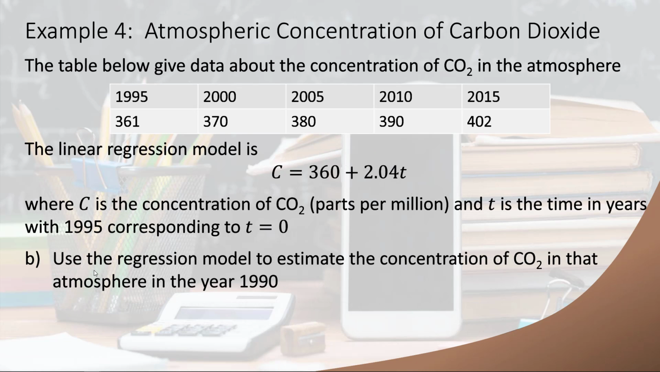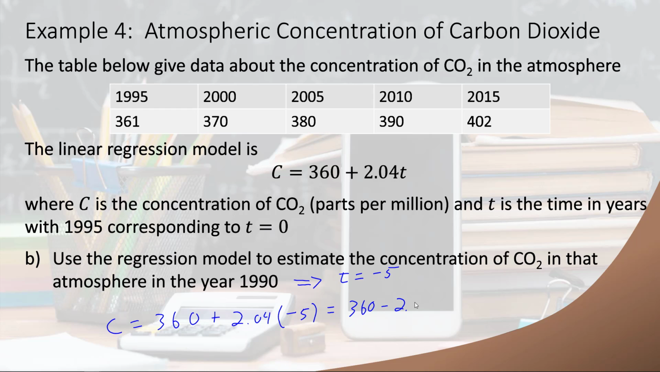Okay, next we want to use the model to estimate the concentration of CO2 in the atmosphere in the year 1990. Well, notice T equals 0 corresponds to 1995. 1990 was 5 years earlier, so this corresponds to T equal -5. As a consequence, our equation is going to be C is equal to 360 plus 2.04, and for T we want to substitute -5, so times -5. All right, well that's just going to be 360